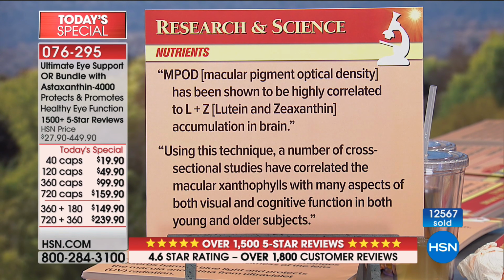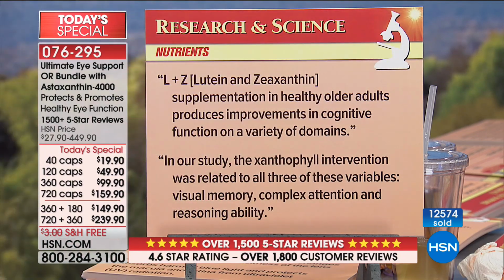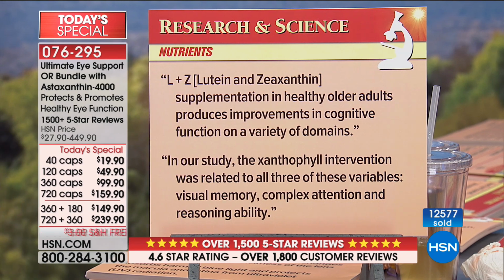Using this technique, a number of cross-sectional studies have correlated the macular xanthophylls, that's lutein and zeaxanthin, with many aspects of both visual, of course, but also of cognitive function in both young and older subjects. Lutein and zeaxanthin supplementation in healthy older adults produces improvements in cognitive function on a variety of domains. It's very exciting. It goes without saying the impact on vision, but how exciting, now we're seeing an impact